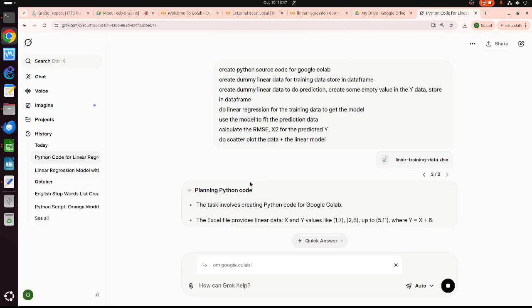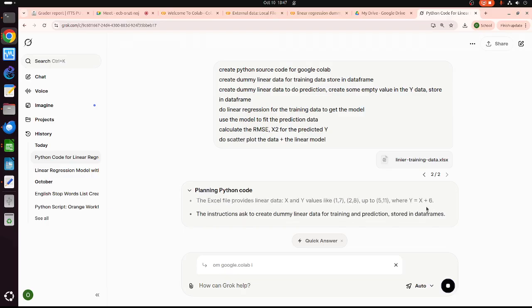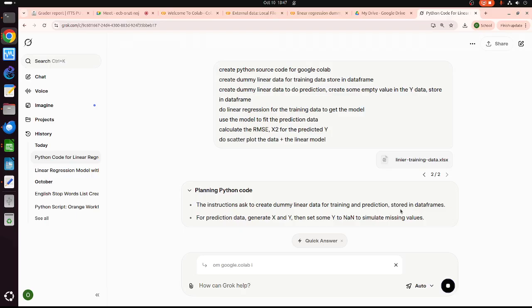No, I don't need this one. This one is x equal to 6, Y is equal to x plus 6, so it will create something there. Set some NaN, not a number, to simulate missing values. So it takes some time.